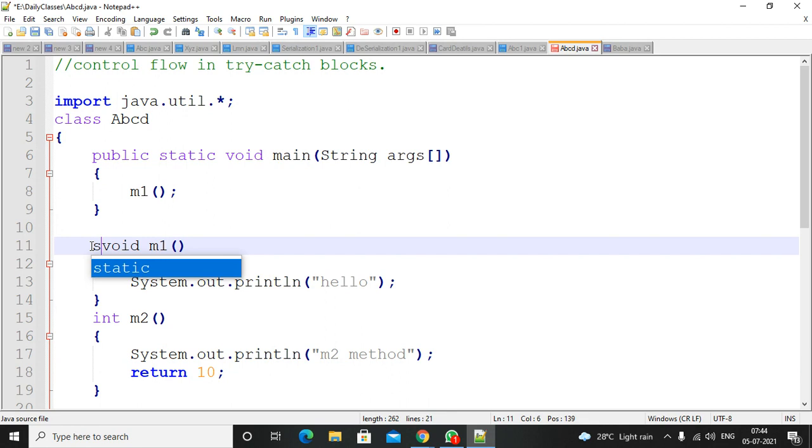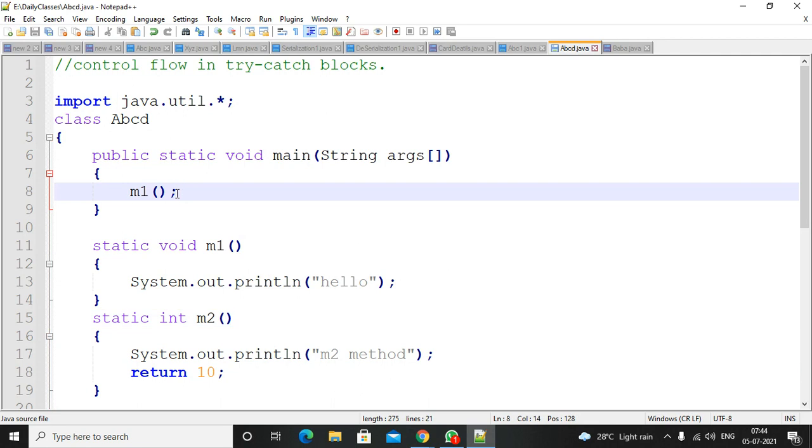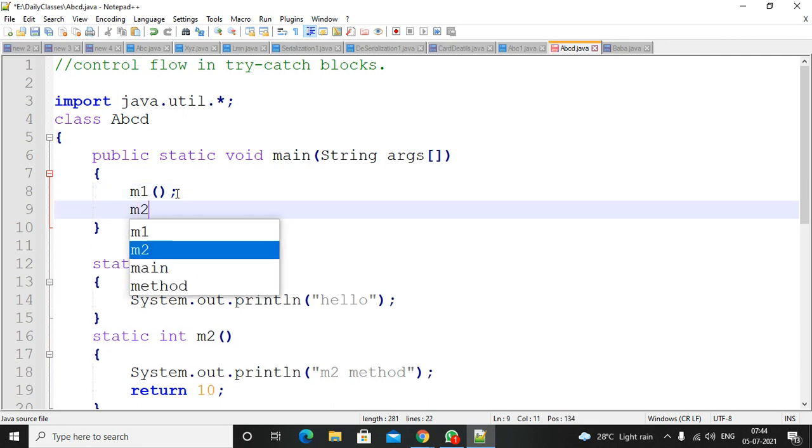Both are static methods, right? So I am calling m1 and I am calling m2 also here.